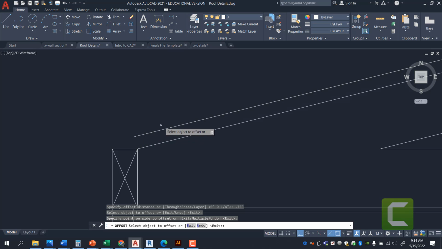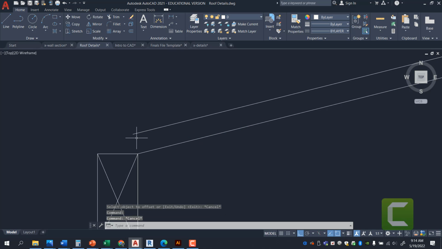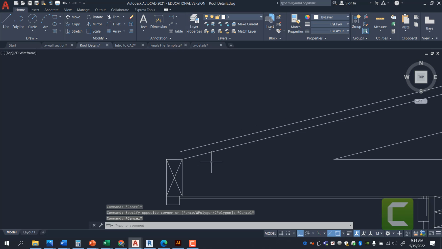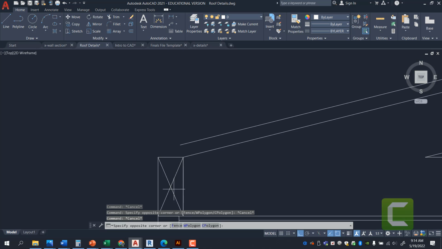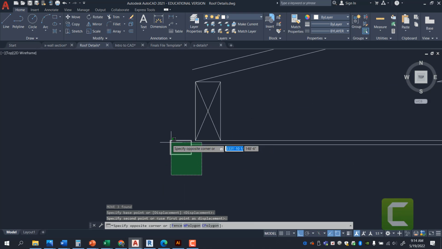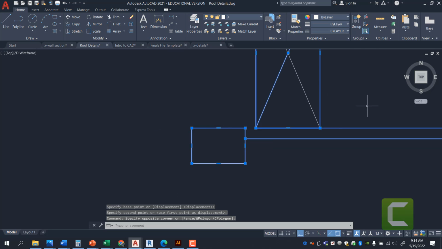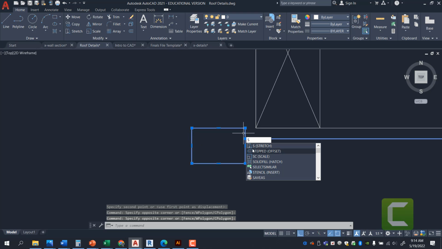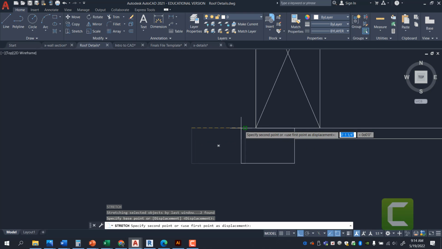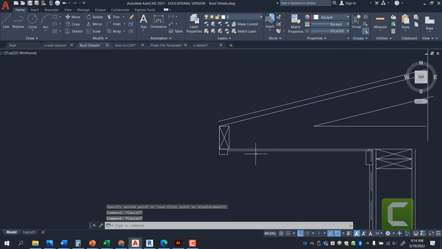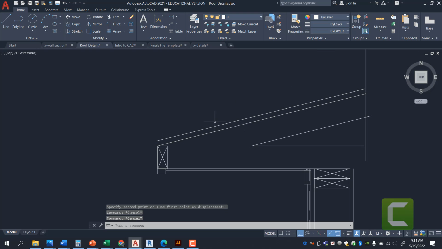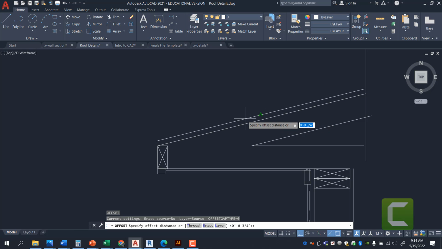Now that plywood will continue until the edge, and I would just make this board sit in the truss, if that makes sense. And I'm going to stretch this over. The next thing I want you to understand is on top of your plywood edge, you're looking at number 15